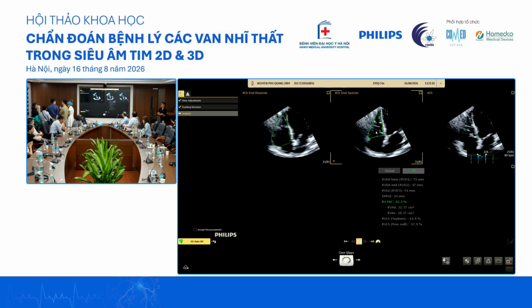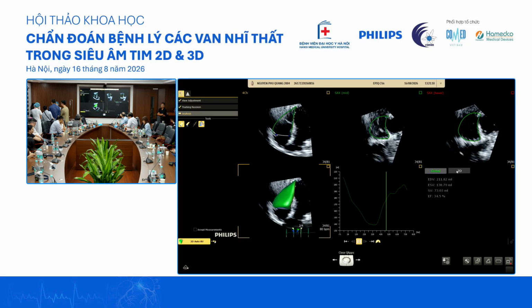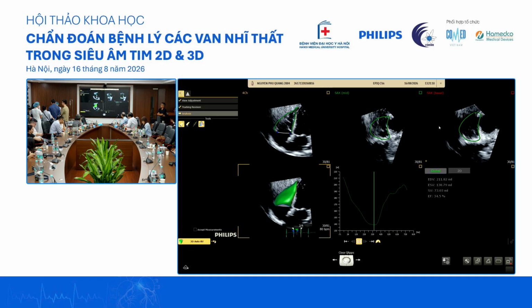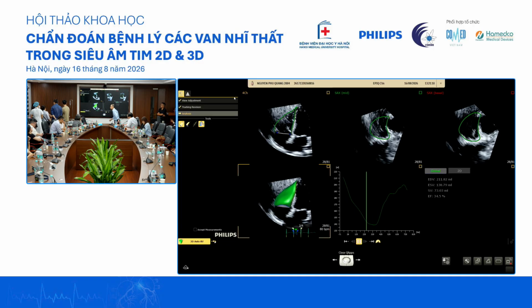Just adjust this a little bit. It's 2D, it's 3D, more reliable. So if you need, you can still adjust a little bit. This one, if it's not tracking well. This is tracking okay, but this one can be adjusted a little bit smaller. So you can also adjust the tracking.